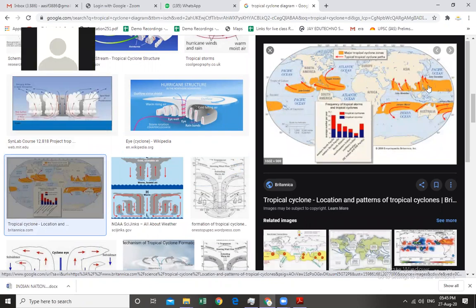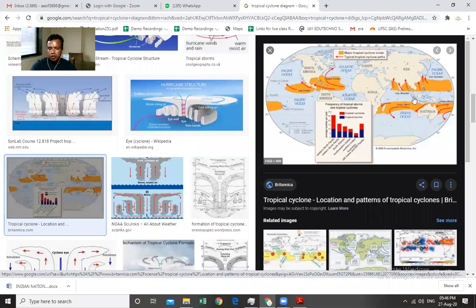Yes. Okay, so the yellow region is the tropical region, and there is a formation of such type of tropical cyclones. Here you can see in India, the Bay of Bengal and Arabian Sea, tropical cyclones are created. In the South China Sea and East China Sea, east of China, there is formation of tropical cyclones, and in America also, on the eastern part of the Atlantic Ocean, there is formation of tropical cyclones. Here also there is formation of tropical cyclones. So on both sides of the equator, upwards and downwards, and also in Africa and near the Australian coast, this is the area where the tropical cyclones are created.